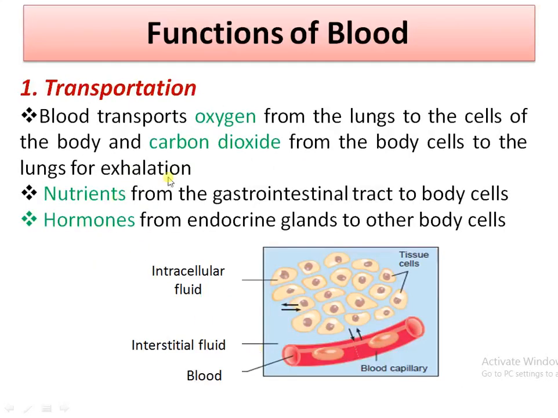How it helps in transportation? Most of the cells of multicellular organism can't move around to obtain oxygen, nutrient, hormones, enzymes and to eliminate carbon dioxide and other waste. So these needs are fulfilled by two liquids. First is blood and another is interstitial fluid. Interstitial fluid is fluid present between the cells.